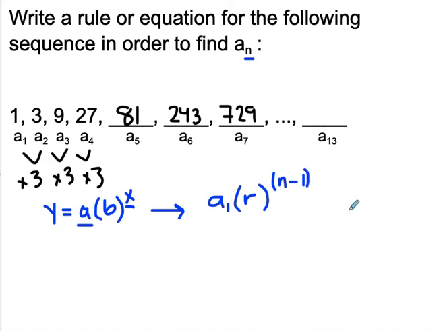Now let's plug in the information that we have. Our first term in this case is just 1, so that's easy. Our common ratio is 3, and I'm looking for the 13th term, so don't forget I'm going to say 13 minus 1. 13 minus 1 is 12. So what this right here is telling me is that I'm going to multiply 3 12 times to get the